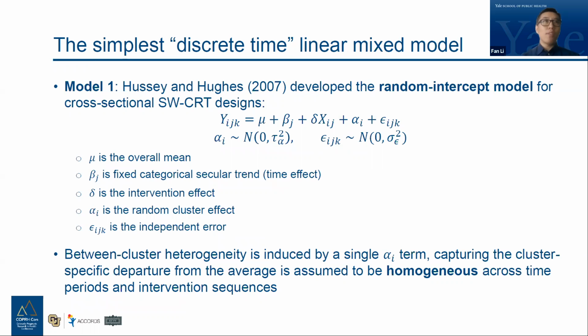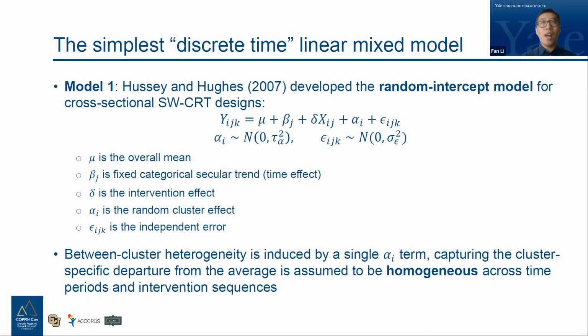Just to get a sense of what these models look like, we can look at the simplest discrete time linear mixed model for a continuous outcome, which is this model 1 given here, proposed by Hussey and Hughes in a 2007 paper published in Contemporary Clinical Trials. This model is essentially a random intercept model for cross-sectional SW-CRTs, where Yijk, the outcome from individual k in period